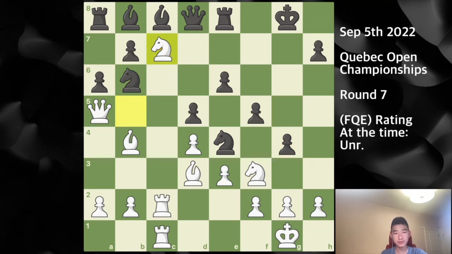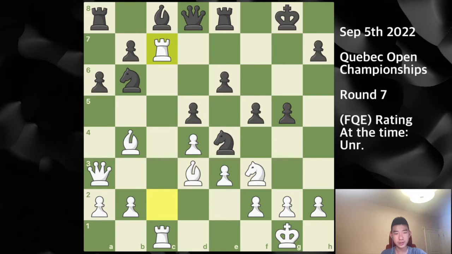The idea with queen a5 is that I noticed if I had played queen a5 here, after bishop captures on c7, rook captures on c7, there is the move knight to c4. I thought this disconnected my two rooks, but